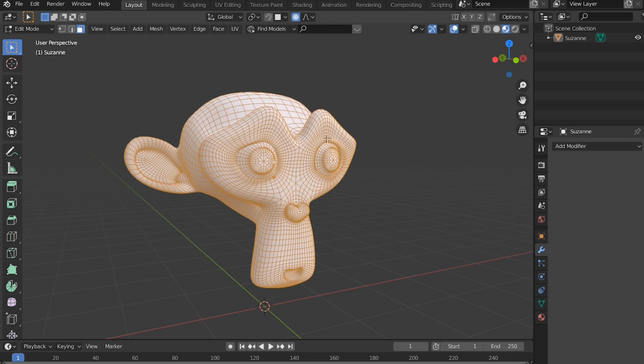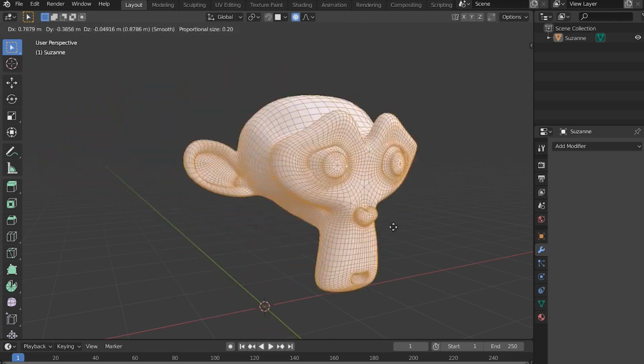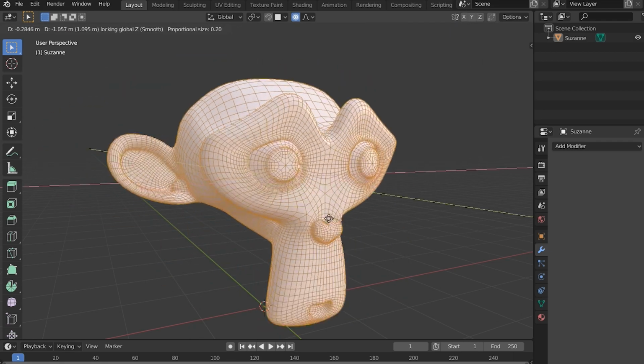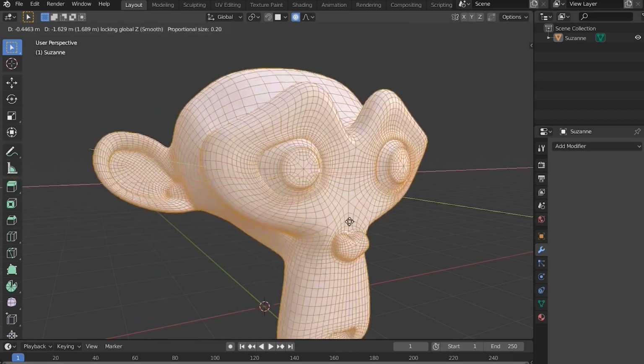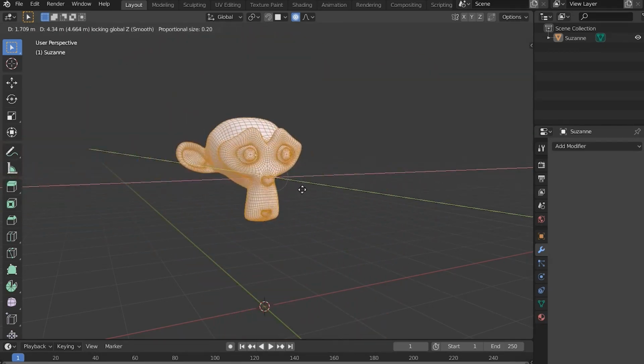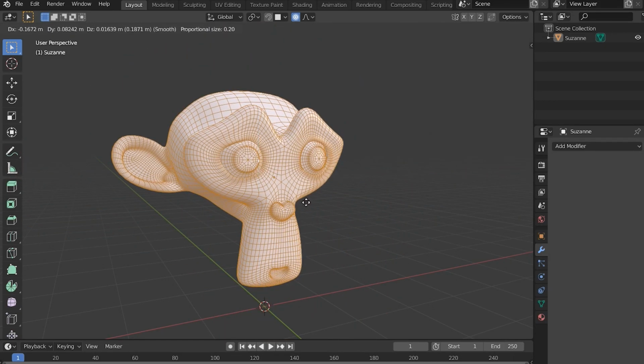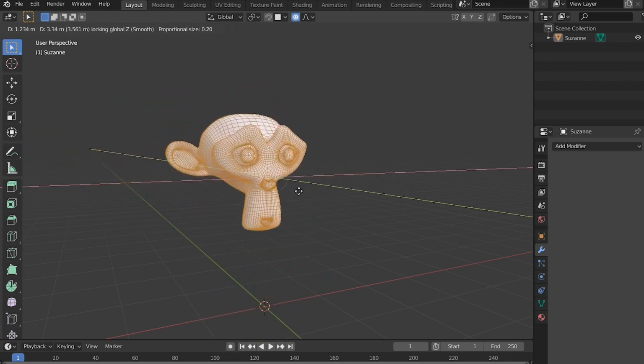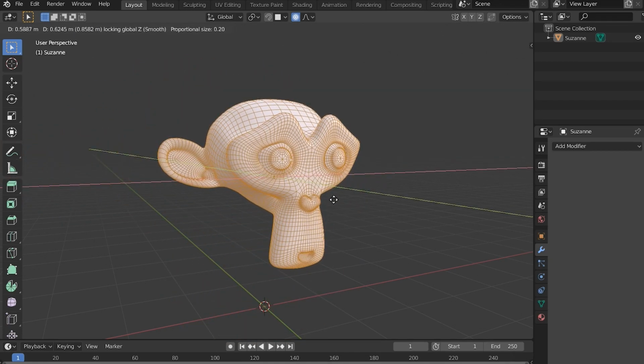Now, if you want to constrain to all axes except for one, so let's say you want to constrain everything except for Z, you're going to hit Shift Z. So if I'm moving this around and I hit Shift Z, it's not going to allow me to move it up and down. So instead of hitting Z to move it up and down, I'm hitting Shift Z and it will move it everywhere except that. That also applies for scale and rotation and extrude and all of those other things that I mentioned before.